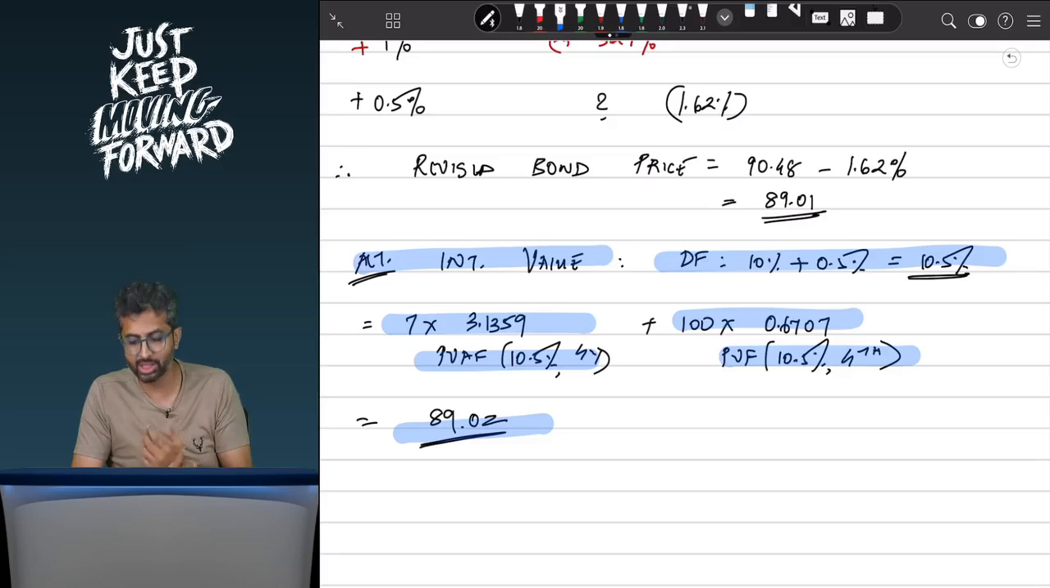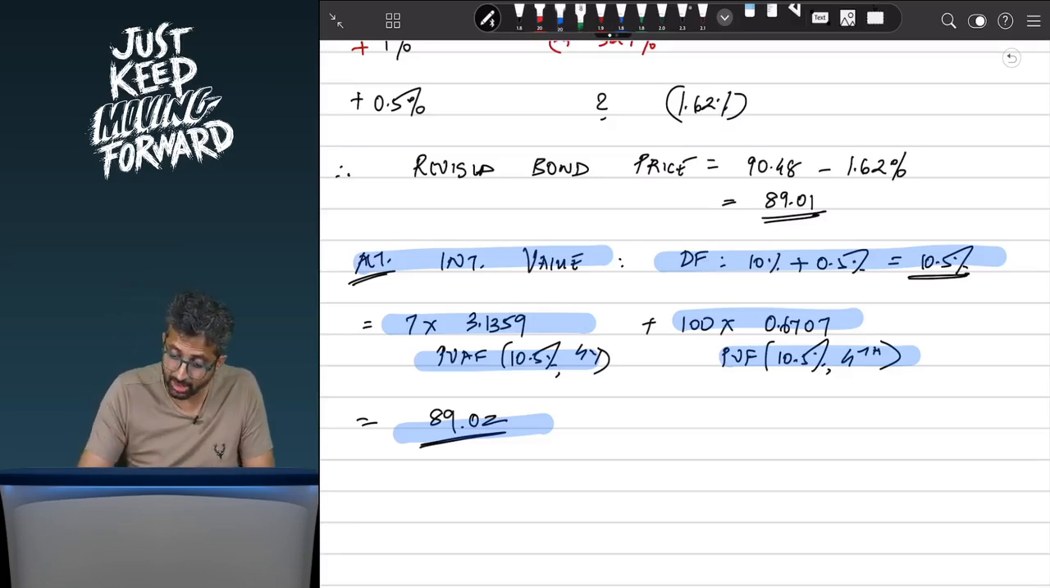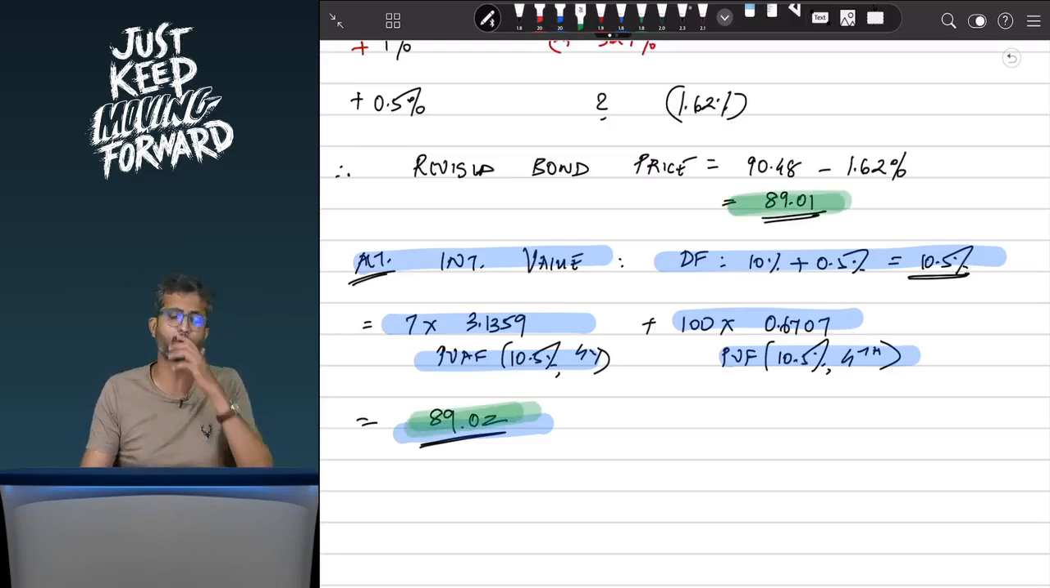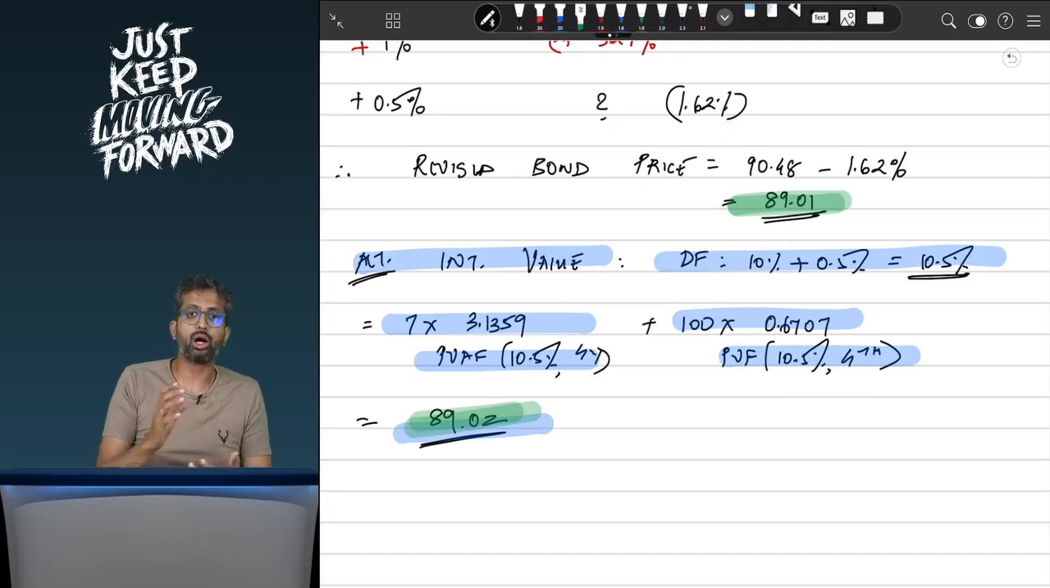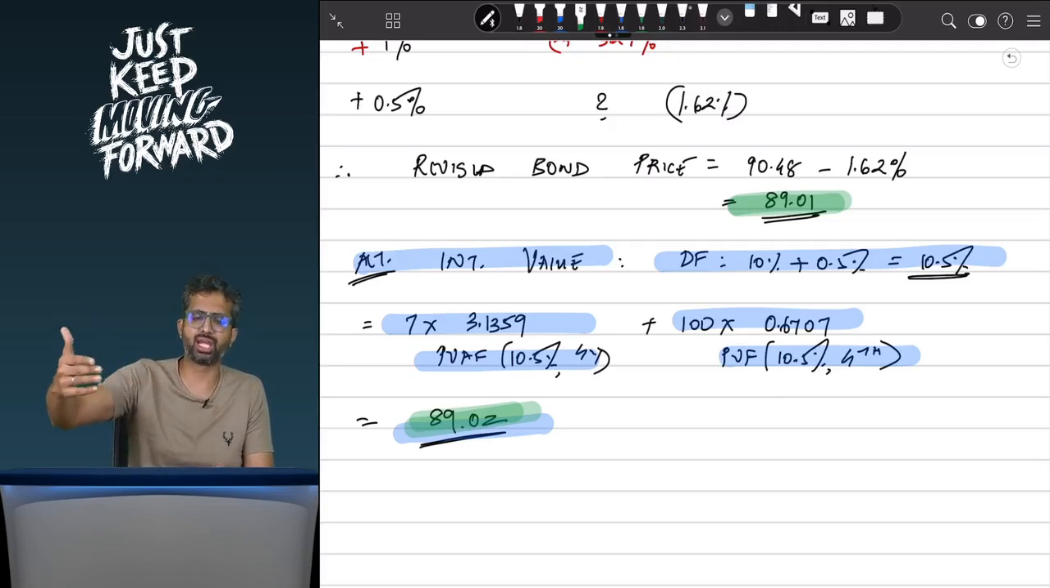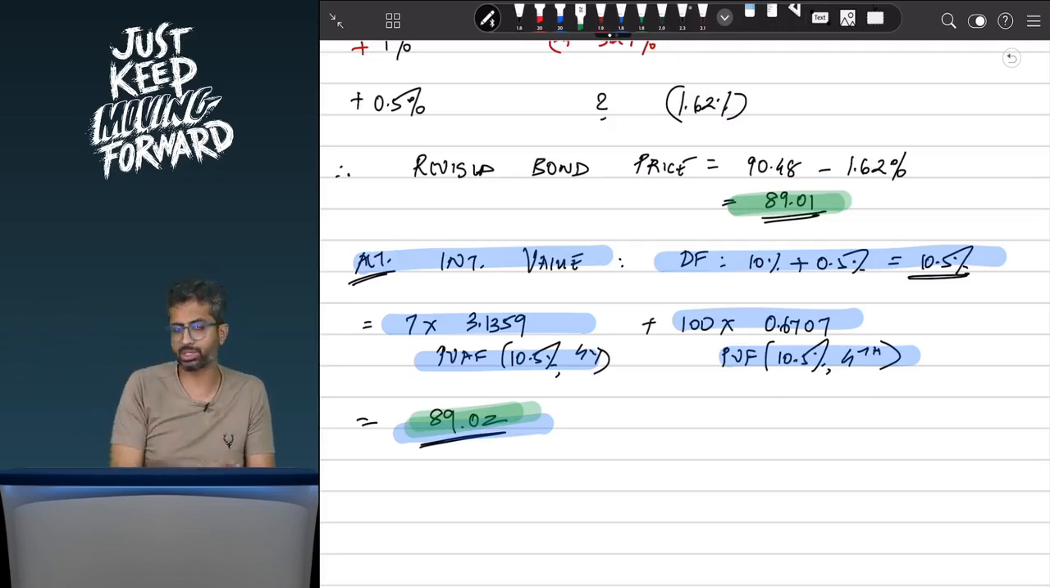Understanding the significance of quantifying? Because ultimately the answers come out almost the same. 89.01 and 89.02, for all practical purposes, are the same. So one can sit and calculate 89.02 by taking the present value of the revised cash flows at 10.5%. But rather than doing that, if I just have that number